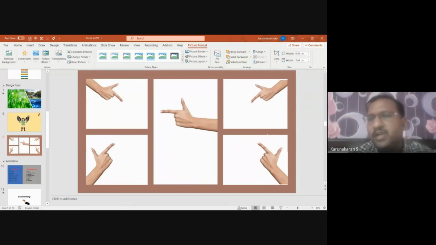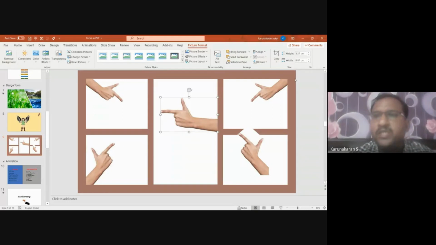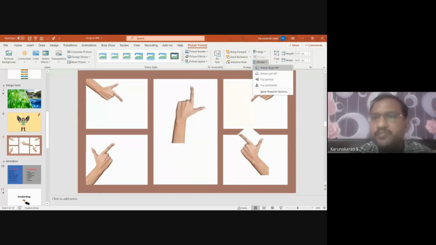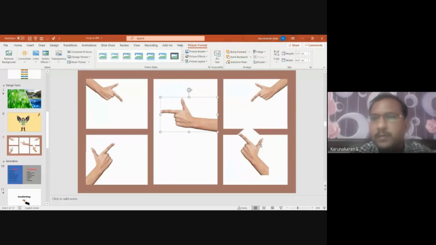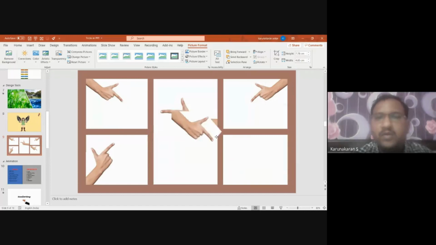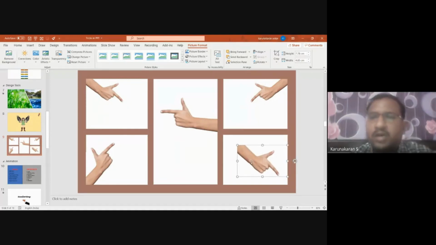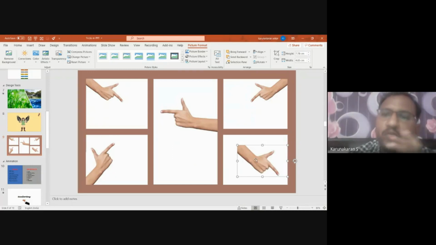And one important technique here is I have not cut all these in the directions I expect. I have cut only one image. This was the image which I have cropped using this original image, and I have used the rotate option to rotate all these. I will select this here. By using this rotate option, I have used this, and after that flip. See, I have placed this here. You can see. So this is how I used one crop option and then used the rotate option to place according to my wish. Okay, but I'll tell you how to crop this in a different direction.